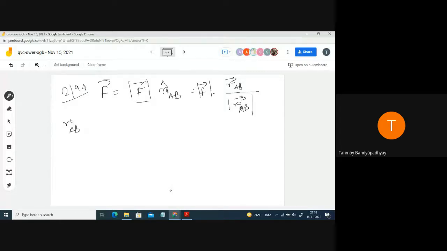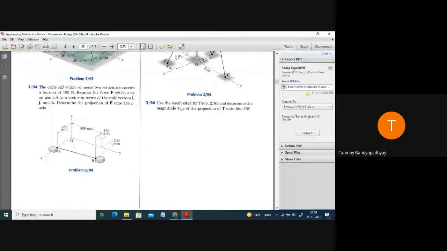So in order to find out the AB vector, just write down the coordinates of the B point and write down the coordinates of the A point. So what are the coordinates of the B point? So the origin is given. So in this case, the B actually, you can see that B, the X is 350. Just try to follow actually, if you are able to just follow. So B point, what are the coordinates?